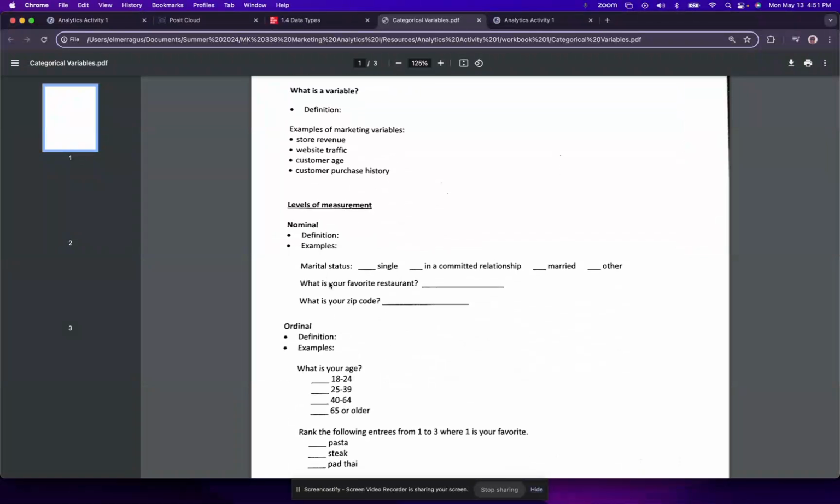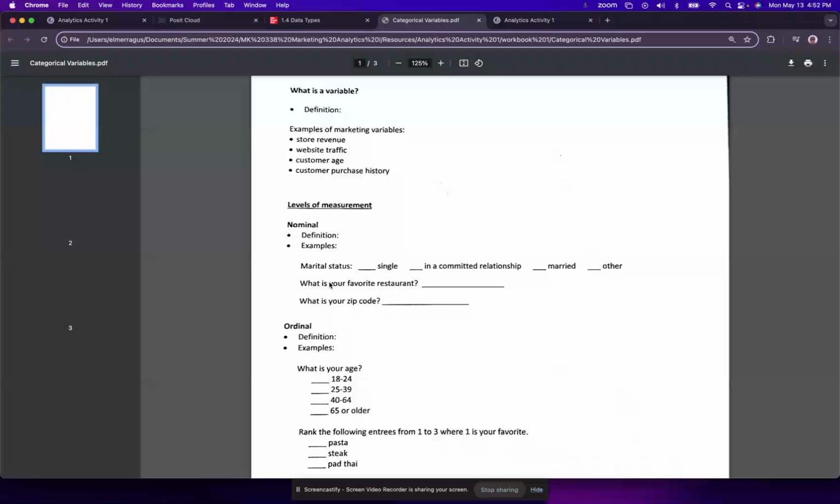A person could be in any one of those categories, and there's no order to it. It's not any more important to be married or single. That's just how they're listed. And then another type of nominal data would be if you were asked, what is your favorite restaurant? So we could categorize people based on their favorite restaurant. And then same thing with zip code. We could categorize people based on where they live.